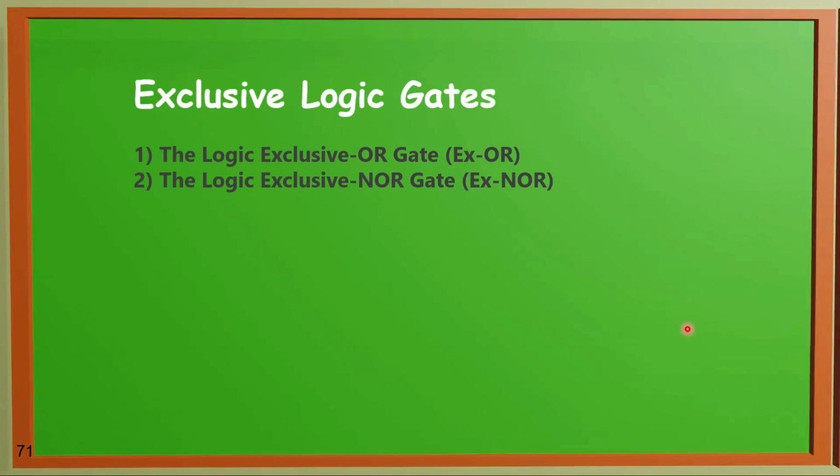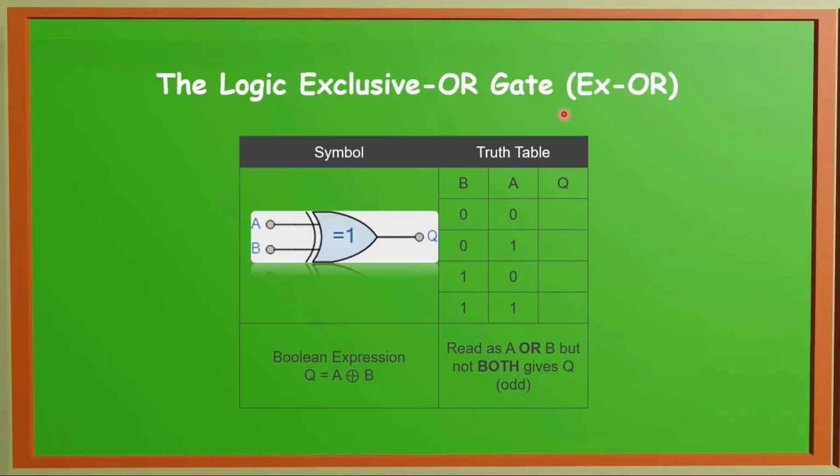Then apart from these, there are two exclusive logic gates. Those are XOR and XNOR gate. First, let us discuss logic XOR gate. Its long form is exclusive OR gate. So it is read as A or B, but not both gives Q. So let us discuss its output. In this we have to remember that the intermediate two inputs output will be 1 and first and last will be 0. So the two ones will be sandwiched between two zeros at the output level. So if both the inputs are zeros and both the inputs are 1, then only we will get output 0. Otherwise output will be 1.